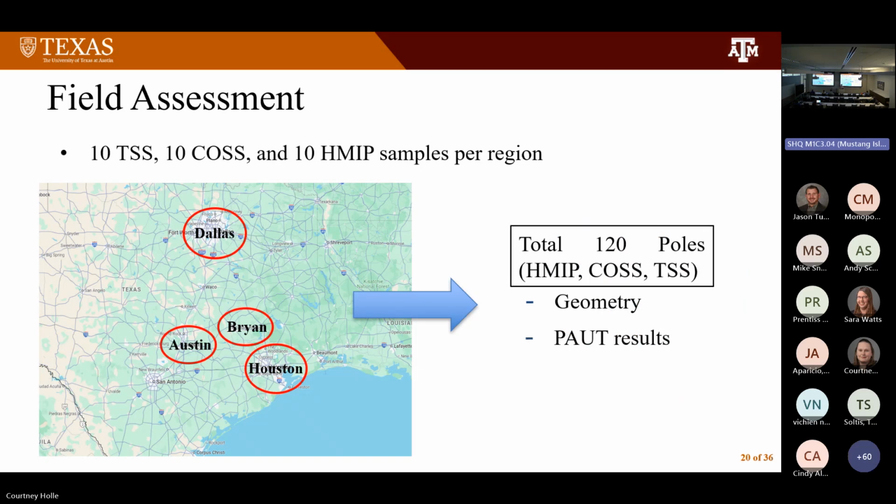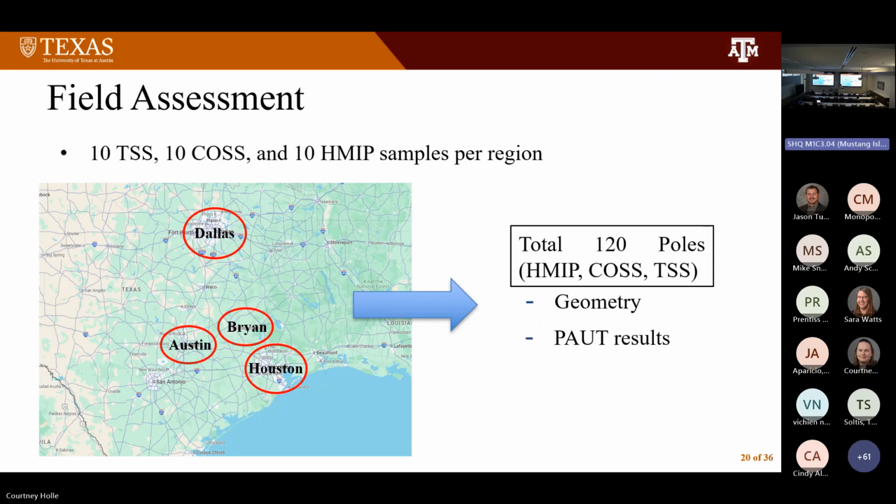What we had proposed is to try to go to a few different regions of Texas and sample the structures that are out there to see what we actually have. So the places we had proposed are Dallas, Austin, Bryan, and Houston. You may be able to figure out why we picked Austin and Bryan, that didn't have to travel too far, but also when we look at Dallas and Houston, they're big metro areas. They have very different wind conditions and so on for high mast poles and cantilever sign structures. So they give us a pretty good sampling of what we have.